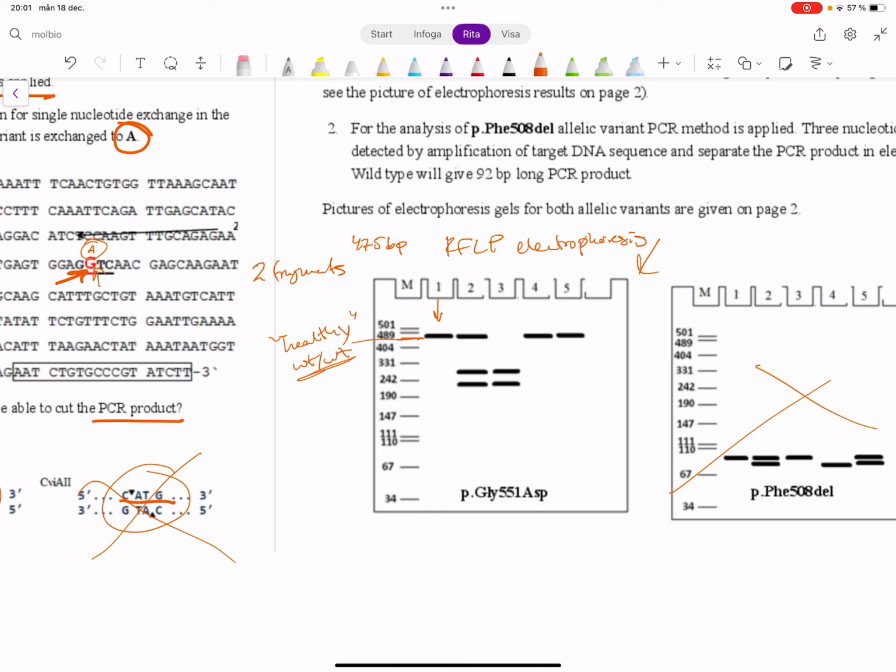But we look at patient number 2. We can see that he has a fragment that is 475 base pairs, and then he has 2 fragments here that are of different length. What does this tell us? This tells us that he has one wild type allele and one allelic